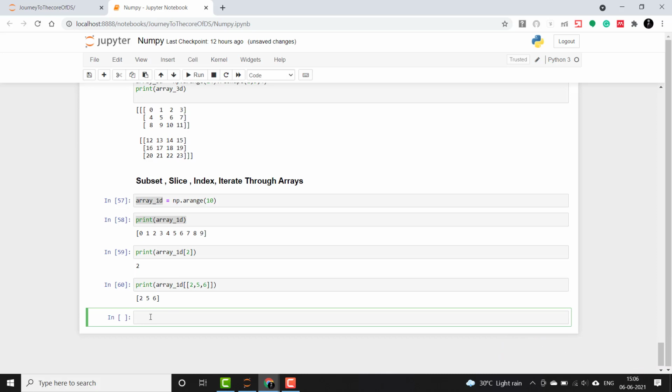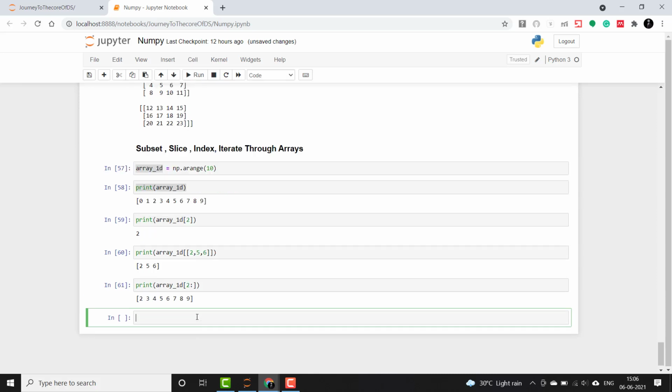Now let's say that I want to slice from the third element onwards. So I will simply say 2 colon. As this is the third element, I will include this and it will slice the elements till the last. So you can see here 2, 3, 4, 5, 6, 7, 8, 9 has come. Now let's see how we slice elements from the left till the point we want.